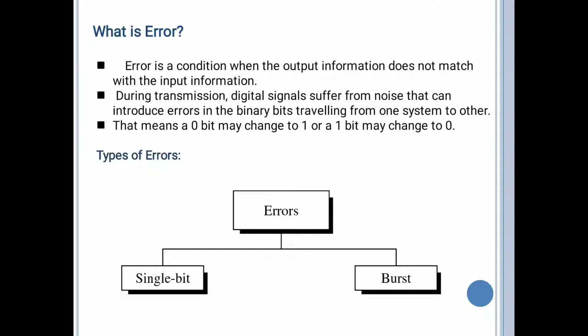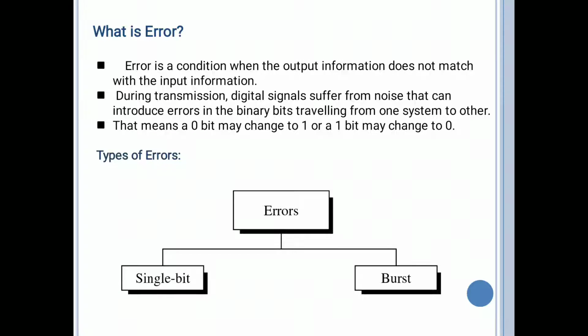Noise means some disturbance that can introduce errors in the binary bits traveling from one system to another. So if the channel is noisy, there may be an introduction of errors in the binary bits.